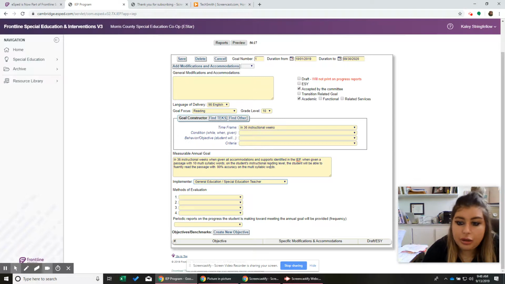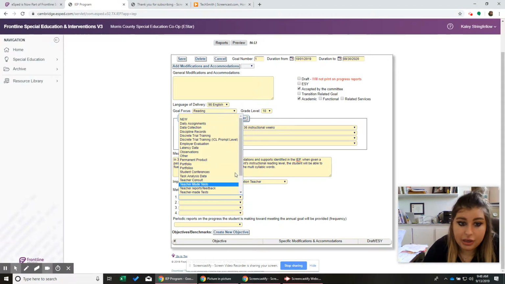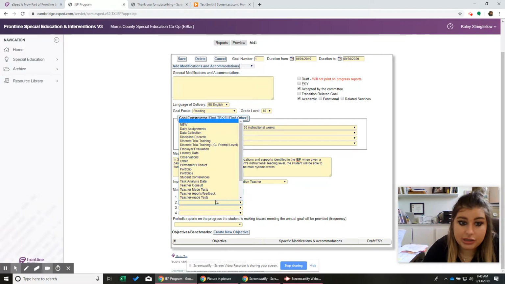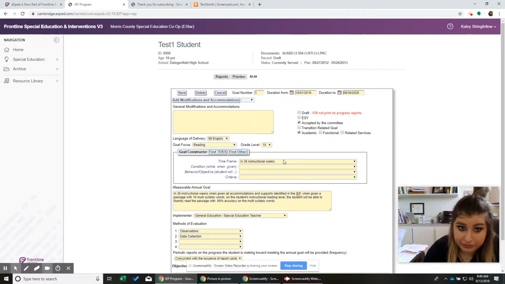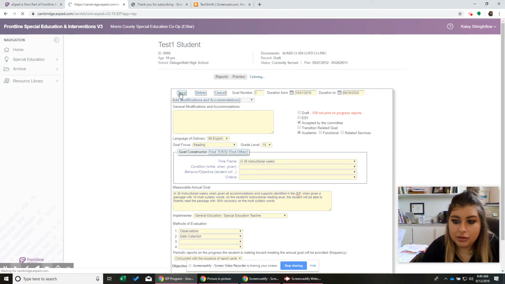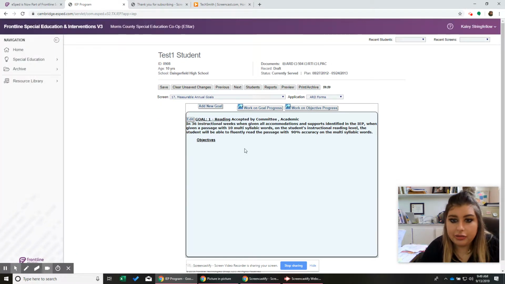Okay, so the gen ed and or the special ed teacher can do this, and we're going to say observations, data collection, because it's academic, and then concurrent with the issuance of report cards, because we send these home with report cards every time. Okay, save. I mean, there you go. It looks great. It's measurable, has a percent. I mean, if they walk into a different school, we know exactly what